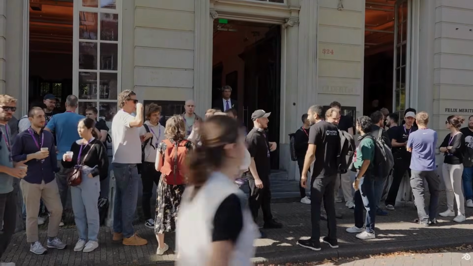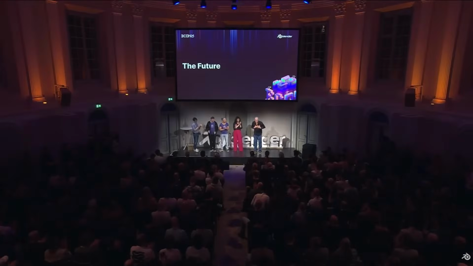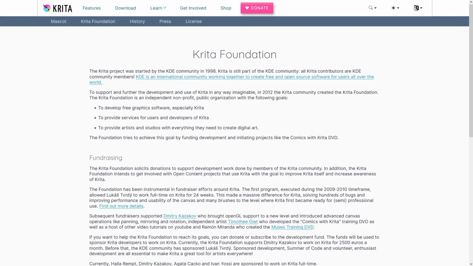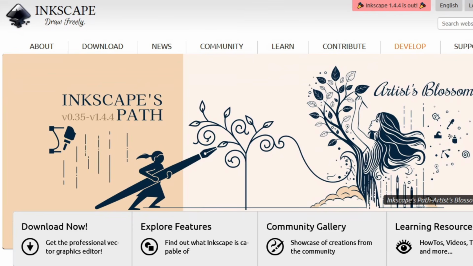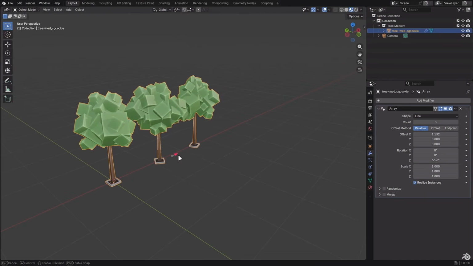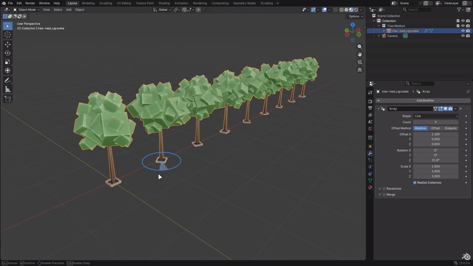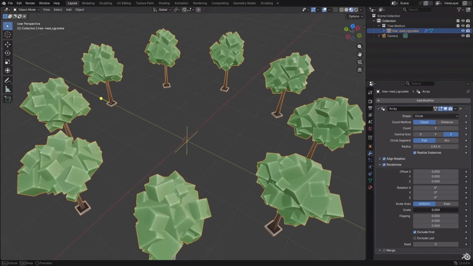Now, of course, some open source projects do receive significant support. The Blender Foundation receives substantial donations and sponsorships. Krita has a dedicated foundation behind it. Even Inkscape occasionally receives grants. But these are exceptions. Most open source graphics software is built by small groups of passionate developers working with extremely limited resources.